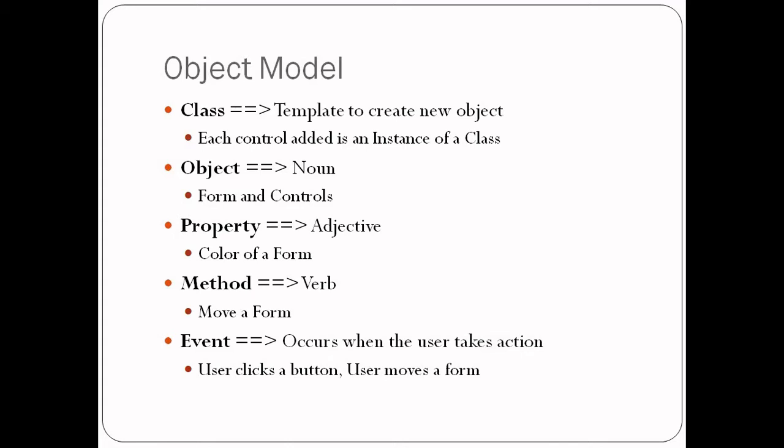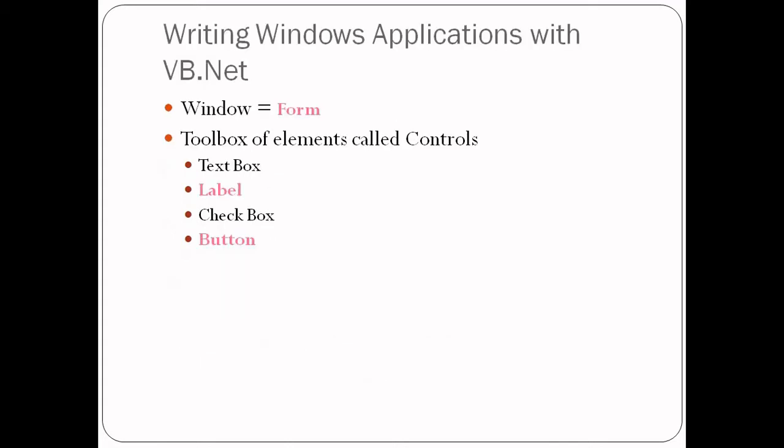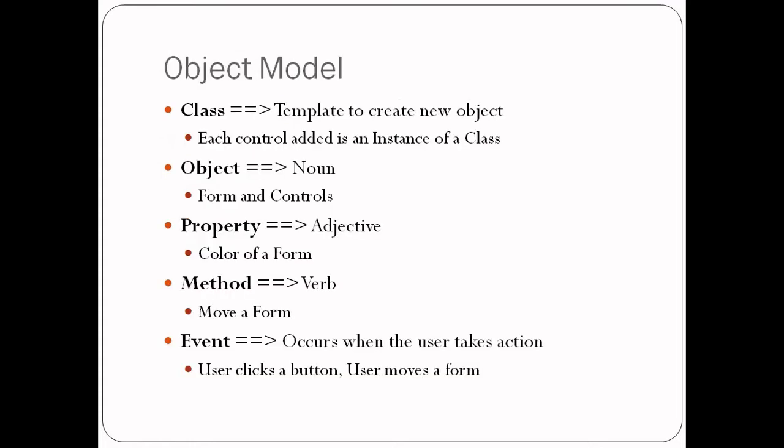Object, anything which is available under a class is called an object. Any data which is available under a class is called an object. So object is the main part of VB.NET as well as the object model, and the controls that we witnessed in our previous slide, the controls like form, text box, label, checkbox, button, and we have many more controls, all these controls under the object model of VB.NET are called objects. All these tools, all these controls are called objects in the VB.NET object model. Property is the property that these controls have.